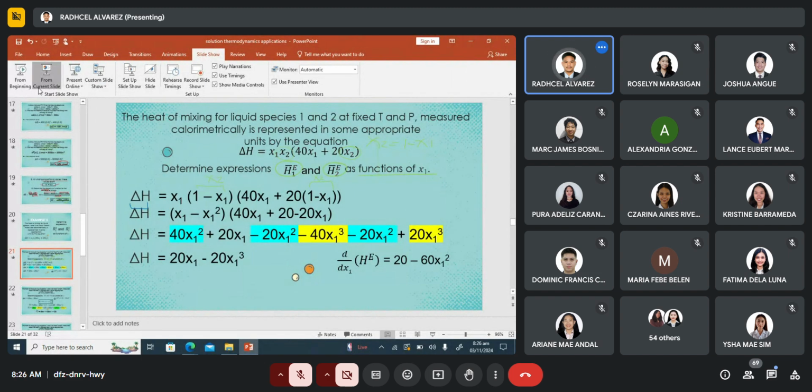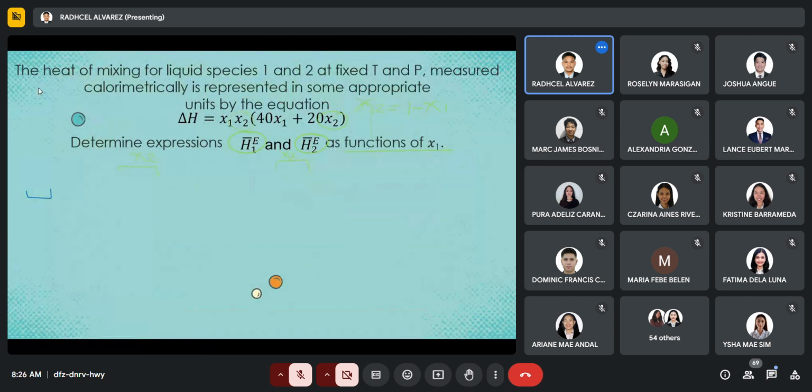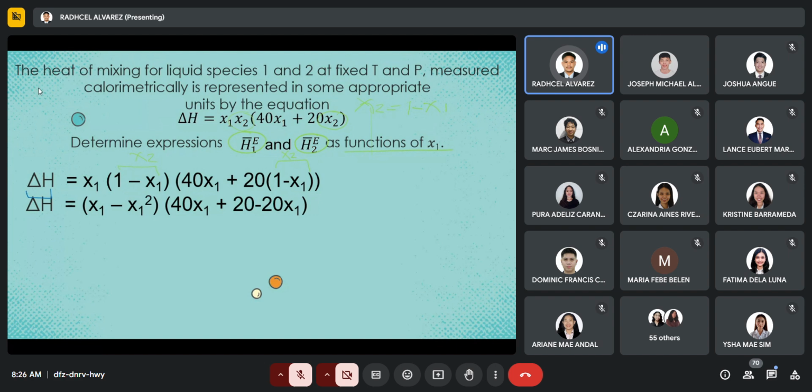So, ito yon. Ito yung ating naka-delta x1. So, titingnan natin ngayon kapag sinimplify natin. Nakuha niyo ba ito? Itatimes lang natin siya. x1 times 1, that is x1. x1 times negative x1, that is negative x1 squared. And ito rin, 20 times 1, that is 20. 20 times negative x1, that is